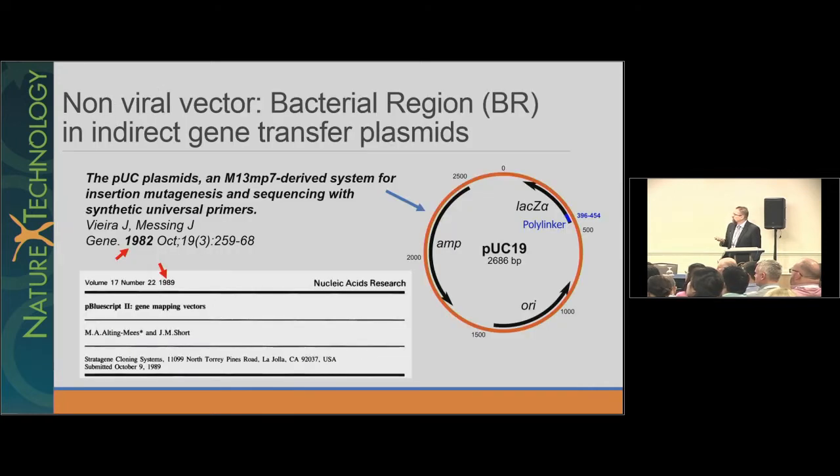So where does this come from? I've seen thousands of these things. Virtually all these bacterial regions come from the 80s, and I don't think I've seen one that doesn't have origins back there. You see the Bluescript plasmids, you see the pUC plasmids, you see all sorts of vectors. Now, just because something's from the 80s and it's 30 years old does not mean it's bad. You can be old and still have some value. But